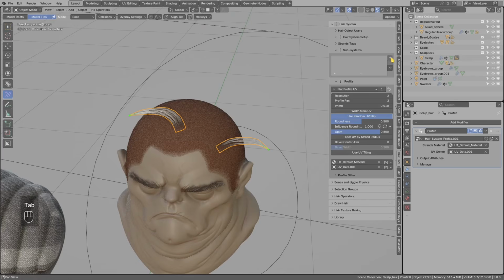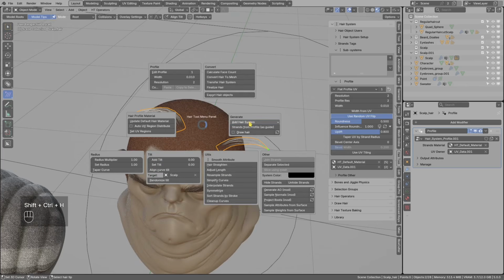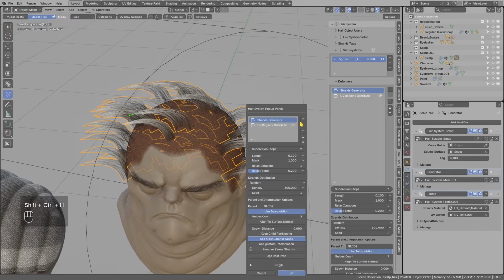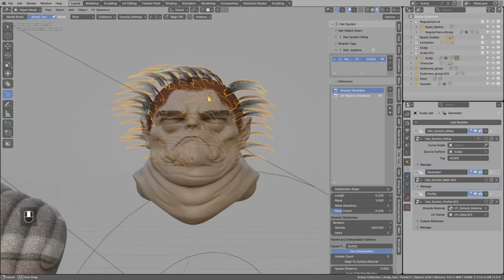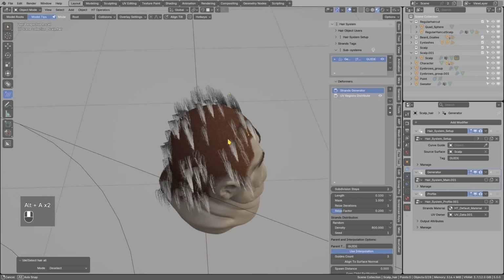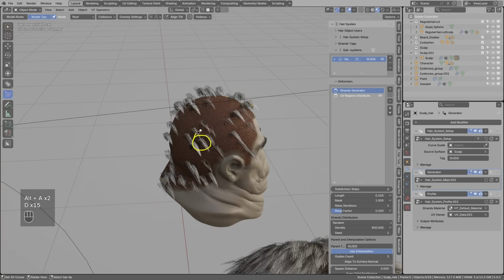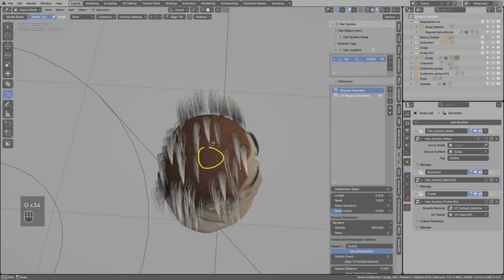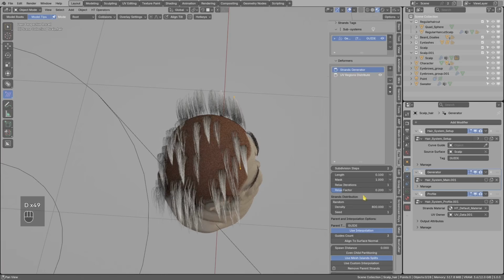Okay, so let's add hair system. One way is Ctrl-Shift-H and add strand generator. And the issue I wanted to show in this example is that we have clumps of strands in one place, then the bald spot. You could fix that by adjusting